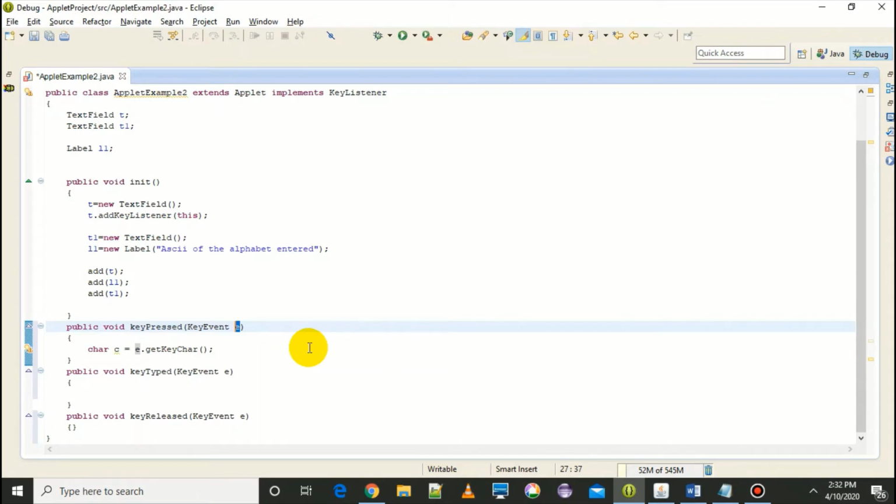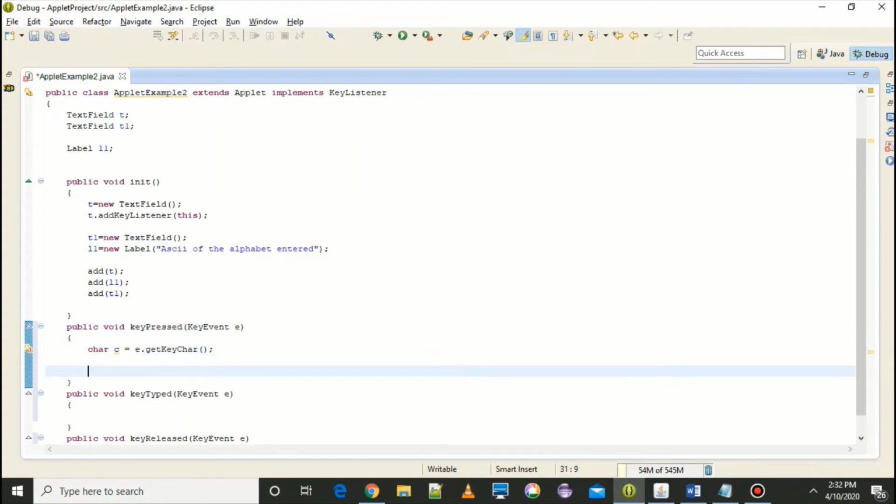Now we have to check whether this particular character is an alphabet or not. So how can we do that? You can use any of your methods. The method that I have used goes like this. If character